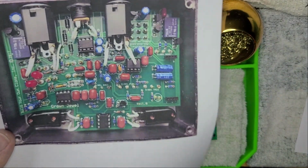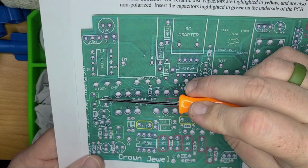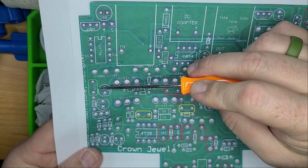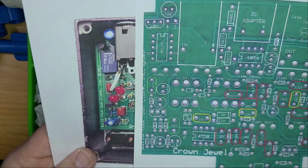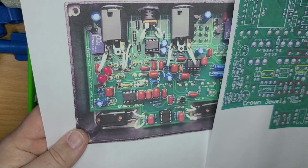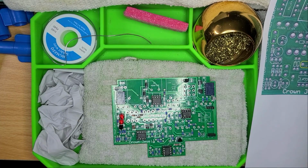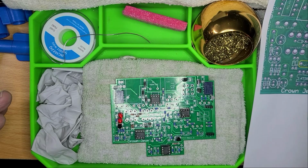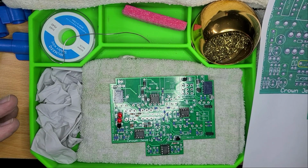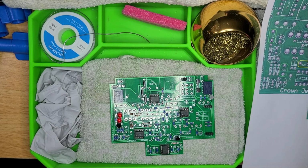Now, on this here, it's telling you that the 473 and 105 capacitors are going on the underbelly. But if you look right there, what is that? On top and on top. So they are going on top because, quite honestly, I'm tired of getting confused by convoluted instructions. And if it doesn't work, well, then that's on me, partially, but it would also be partially on the build